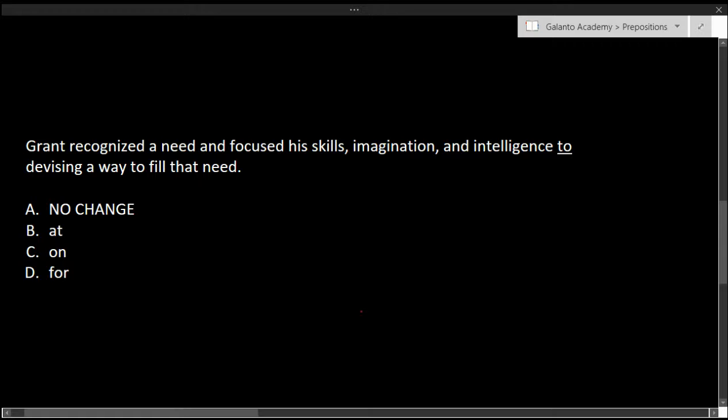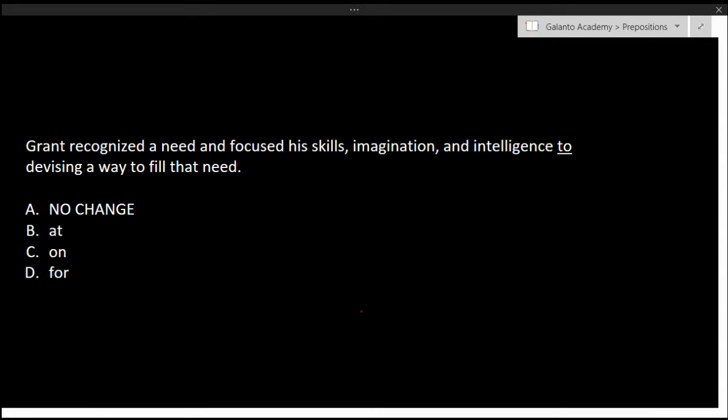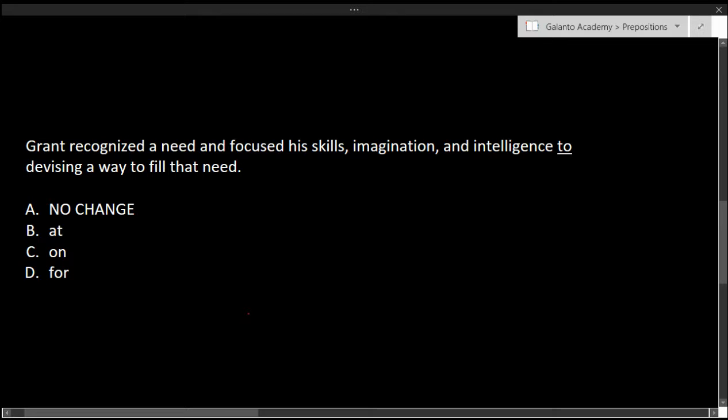Grant recognized a need and focused his skills, imagination, and intelligence to devising a way to fill that need. Now, this is a little bit more difficult because the relationship between the two words, which would be focused and devising, are really far apart. But if we recognize that those are the ones that this preposition is connecting,